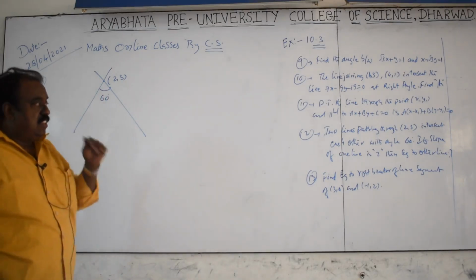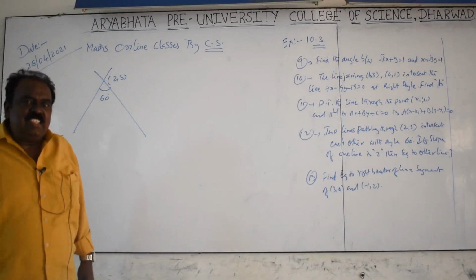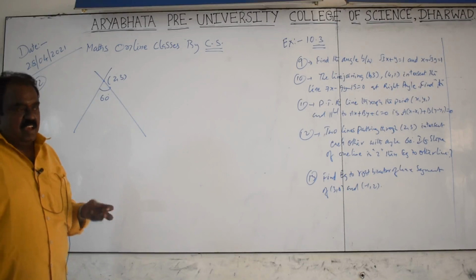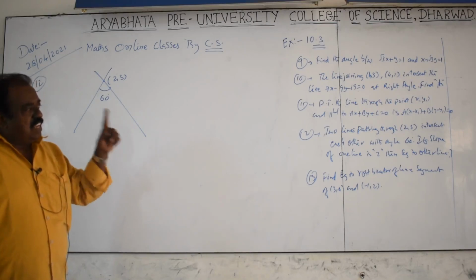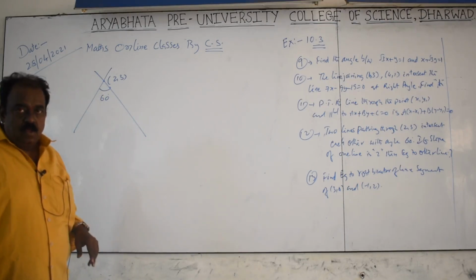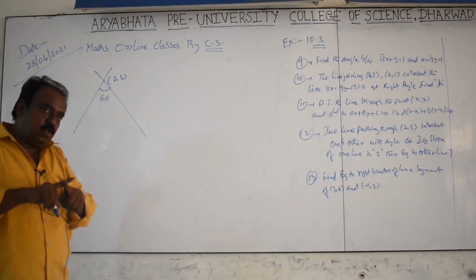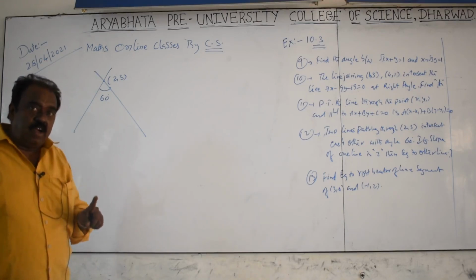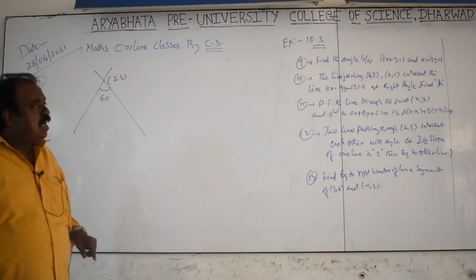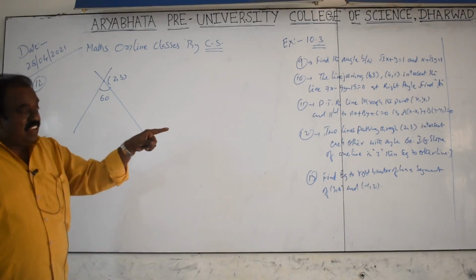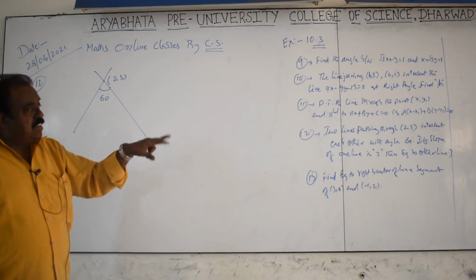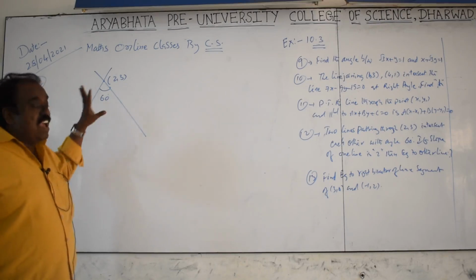You see, in mathematics there is logic. Mathematics means logic, reasoning, a twist not clearly given. Two lines are passing through (2, 3). Two lines passing through a single point means they intersect at that point. And that is not given clearly. The two lines are passing through (2, 3) and intersect each other at an angle.